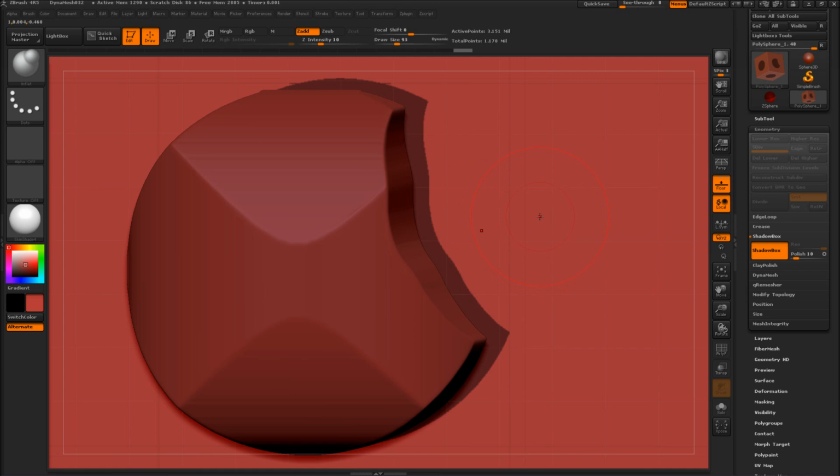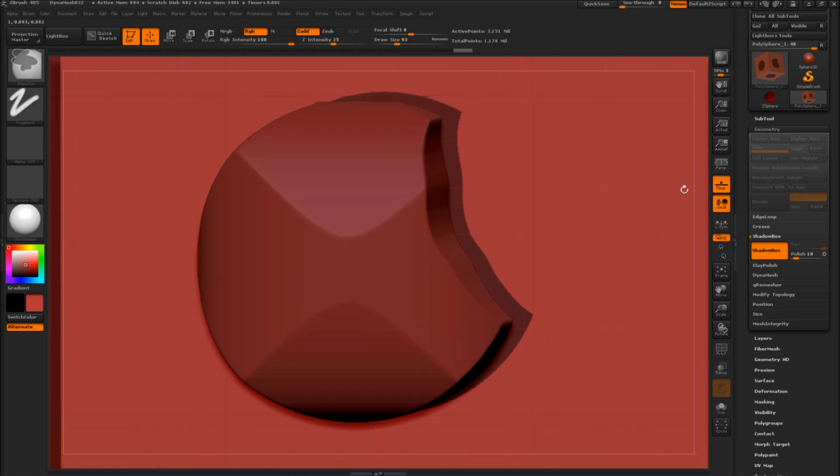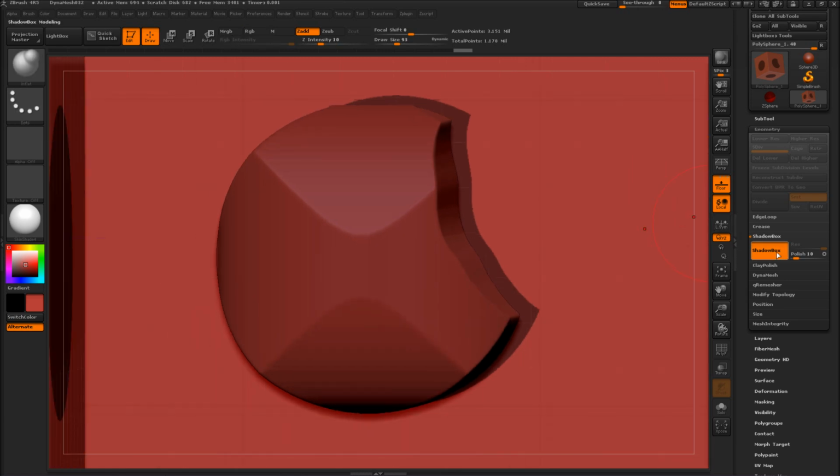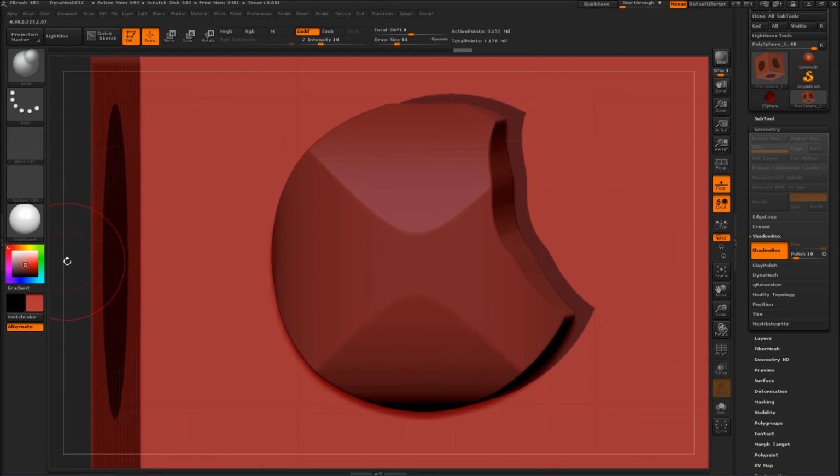In the next video that I create, or one of the next videos, I'm going to show you, there are many, many ways to take advantage of this system, the Shadow Box system, and I'm going to show you a few of the ways that I've discovered. Not all of them, because there are probably millions of different ways to do it,